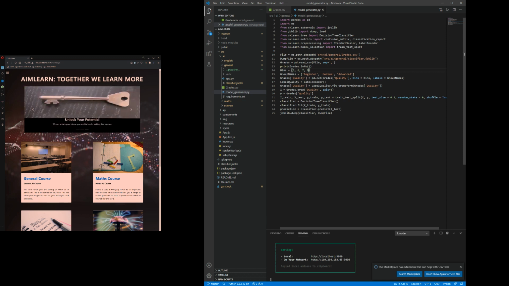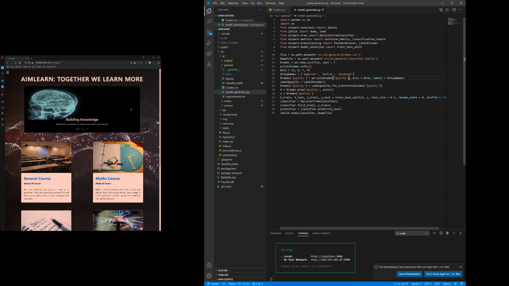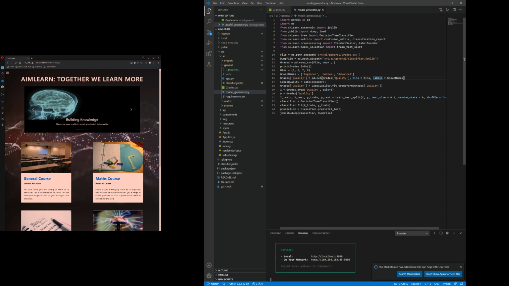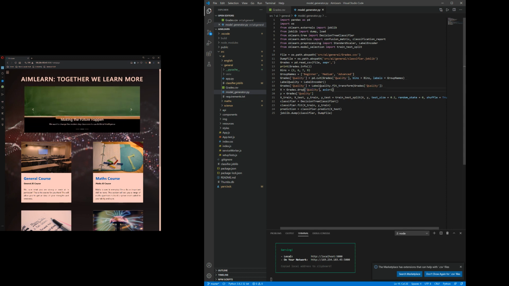And then we have grades, which are brought down into equality, and they're cut into the different bins and labels. So again, it will determine how many labels there are and what the various boundaries are in relation to the group names. The labels of course are the group names. So then it will encode and then fit, and then it will create X and Y axes where it will drop the quality label from the X axes, and then just use the other